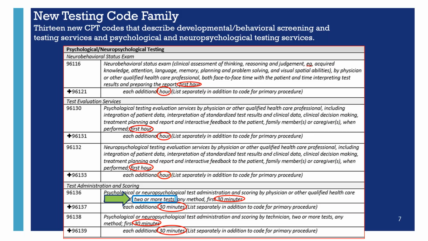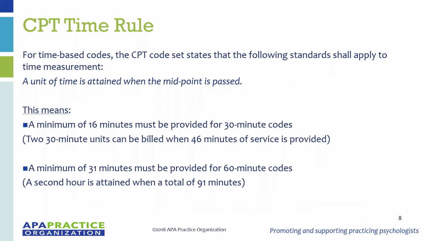That's the overview. Now let's get into the details. Next slide, please. We talk about hour units and half-hour units. The CPT time rule says that a unit of time is attained when the midpoint is passed. So that means for your 30-minute code, you have to provide a minimum of 16 minutes of service to use